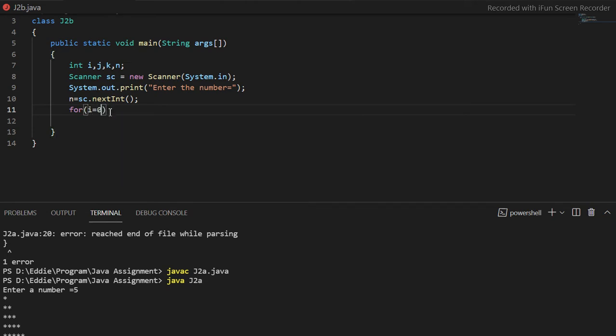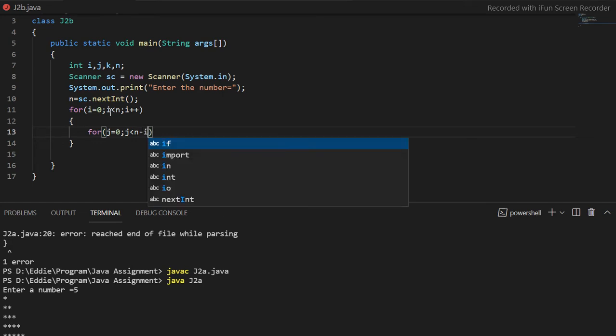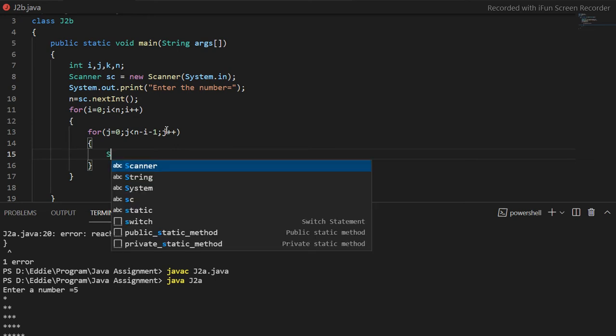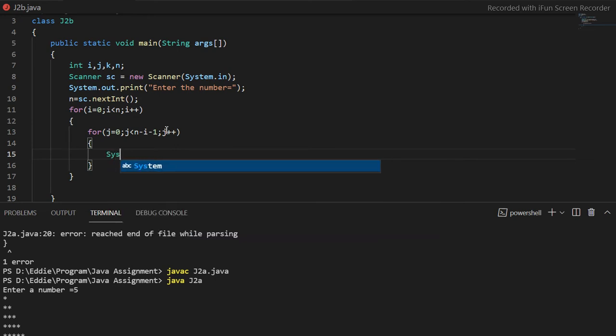So here again it will be going for i, up to n minus 1, i++. Okay, now for the first inner loop, for printing the space, I am taking the variable j, and it will go up to n minus i. Why I said i is because it is incrementing and is first in place, so the decrementation will depend on i only. So I will write System.out.print. Okay, so it is printing spaces.